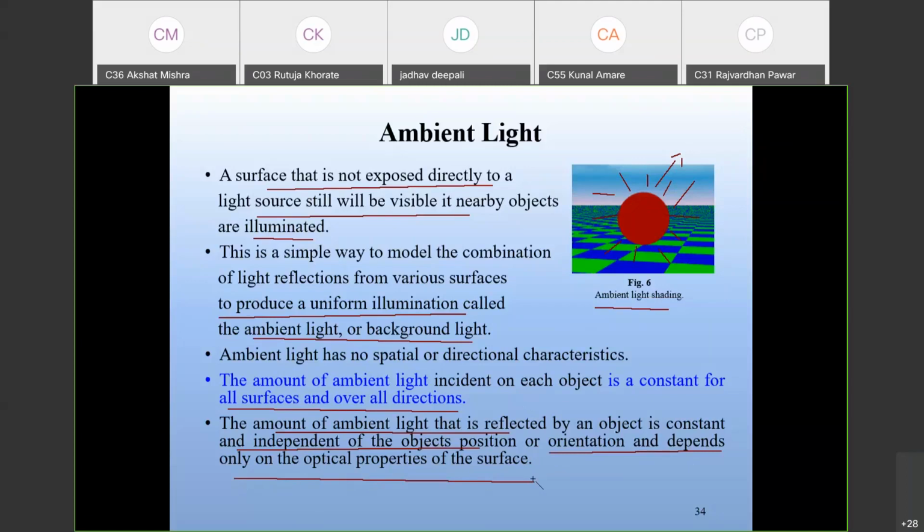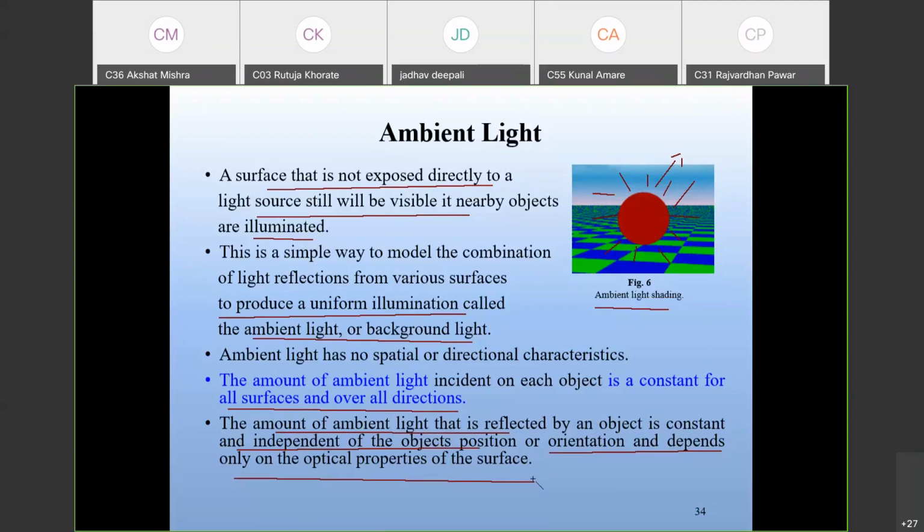Because the incident light is constant over all surfaces and in all directions, the reflected light is also constant, and independent of where the object is kept,